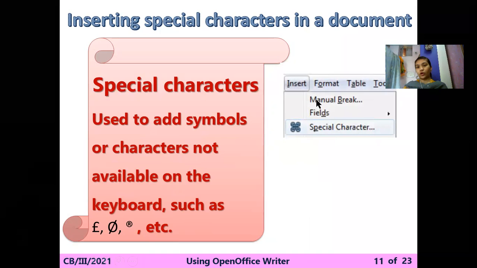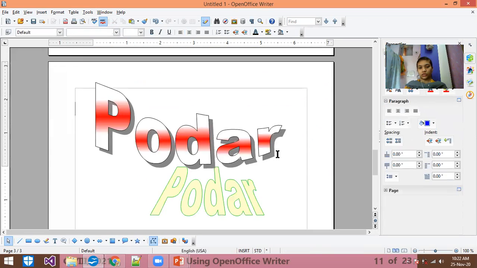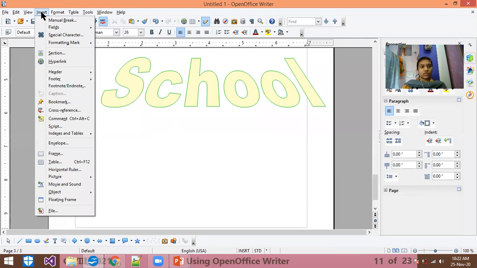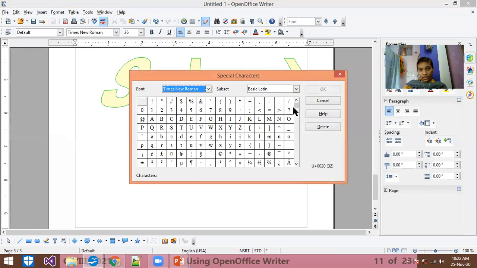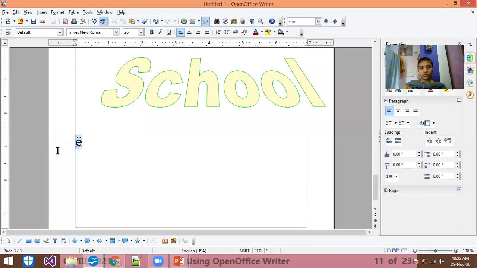So what do you have to do for that? You have to click on the insert menu, click on the special characters. So going down, taking a third page. Okay, I'm inserting here only. Click on the insert menu, third option available named is the special character. So here there are many more special characters available to you. You can choose any of them. If you are changing the language, that type of language special characters come. Click on that. Okay, so character will be inserted here.